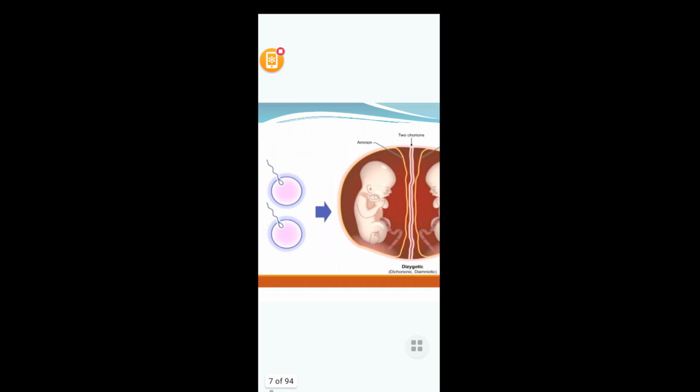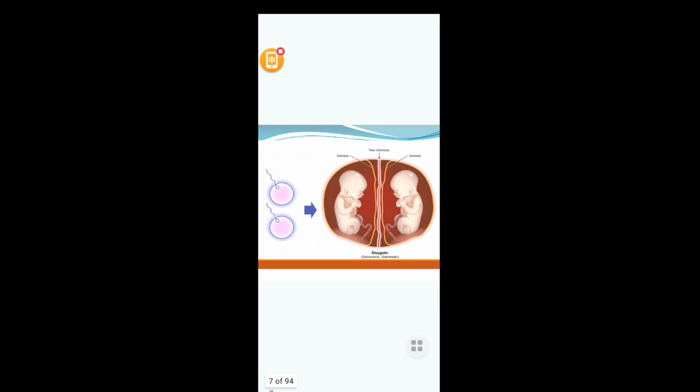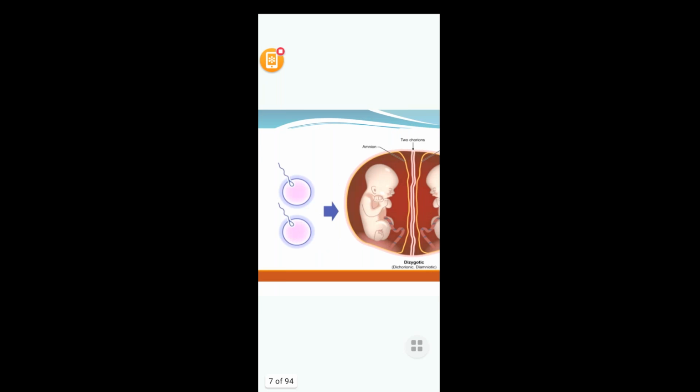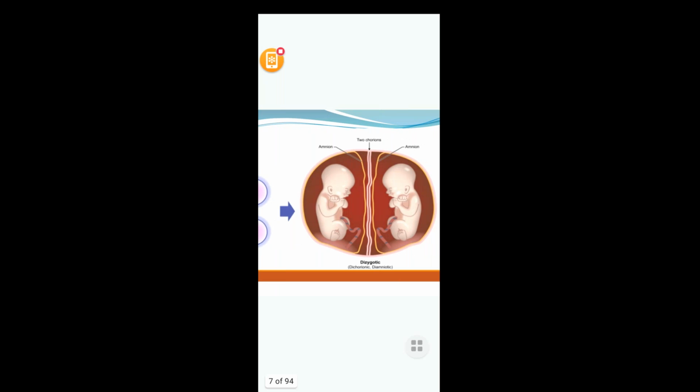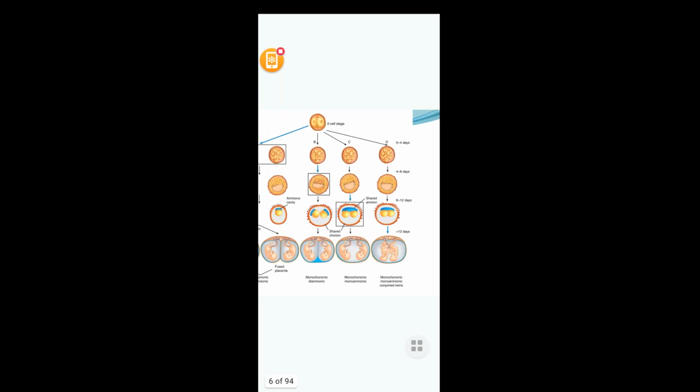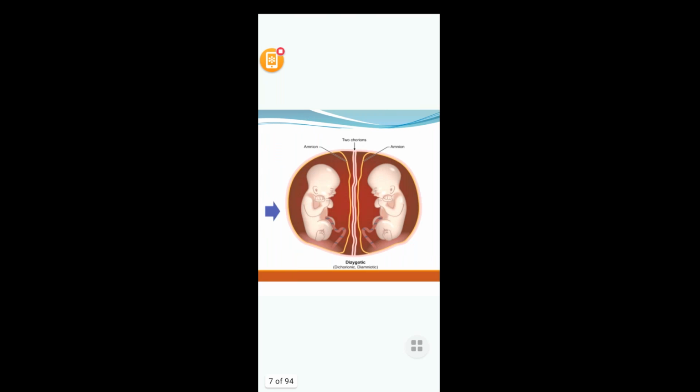See, this is a picture where two ova are fertilized by two different sperms, resulting in dichorionic. How do we say dichorionic? What we have discussed, chorionicity is the number of placentas. So in this picture, we have seen two different placentas. And then amniotic. How have we told amnionicity? It is the number of amniotic sacs in which the baby